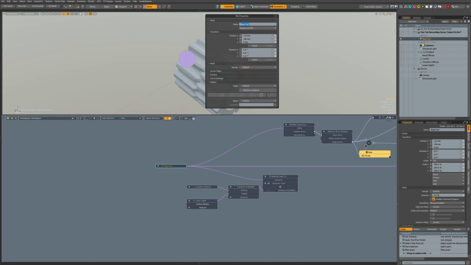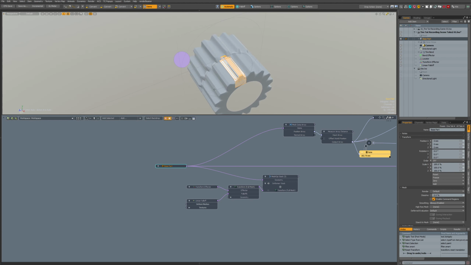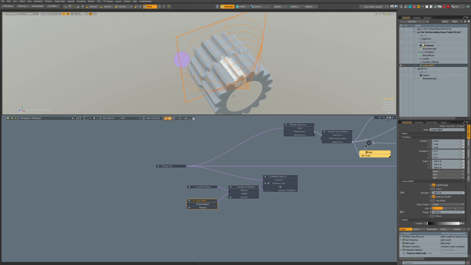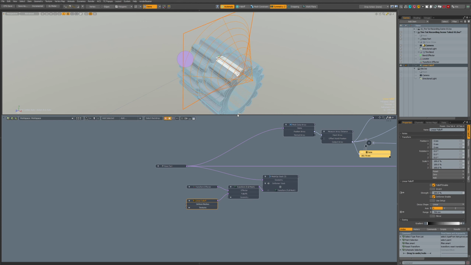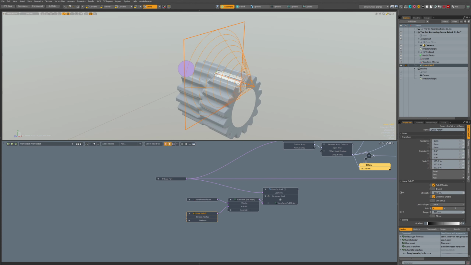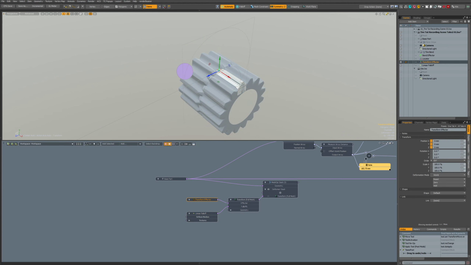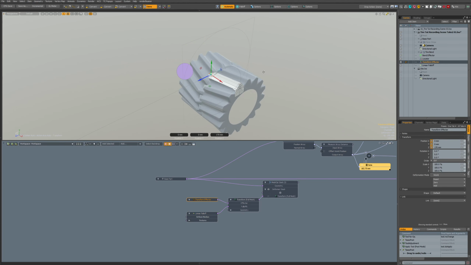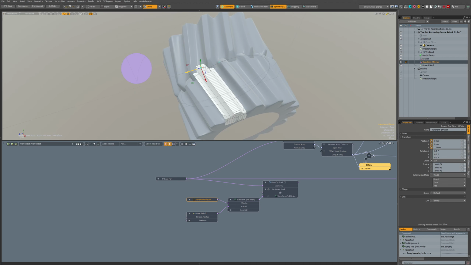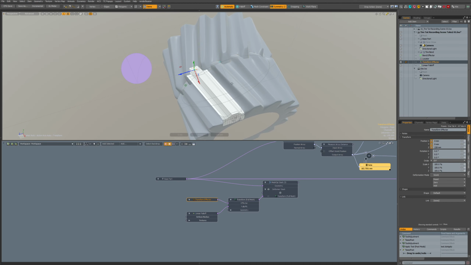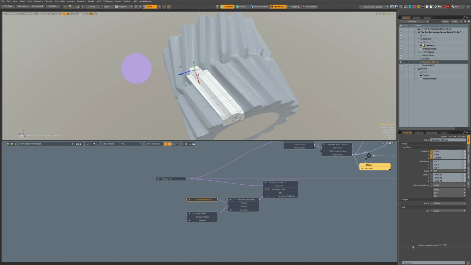Let's zero this place. It's back in the center. So we will make this range procedurally dynamic, but I will just show you something first. So if we move it like this, yes, it's working a bit like it should work.